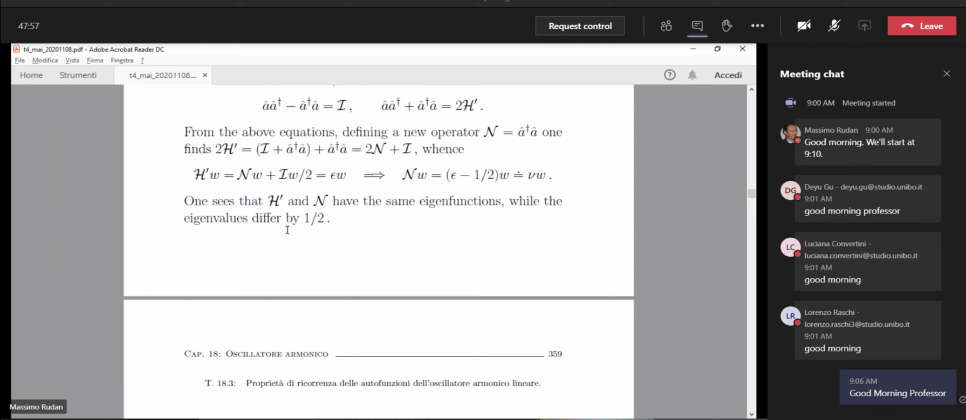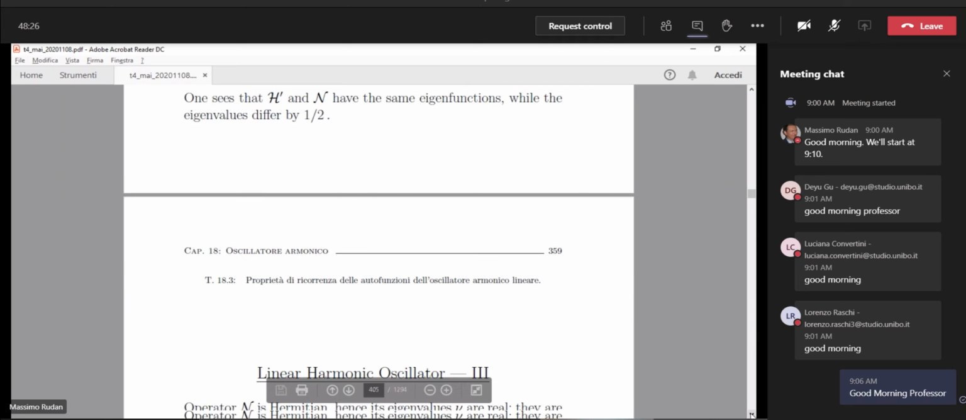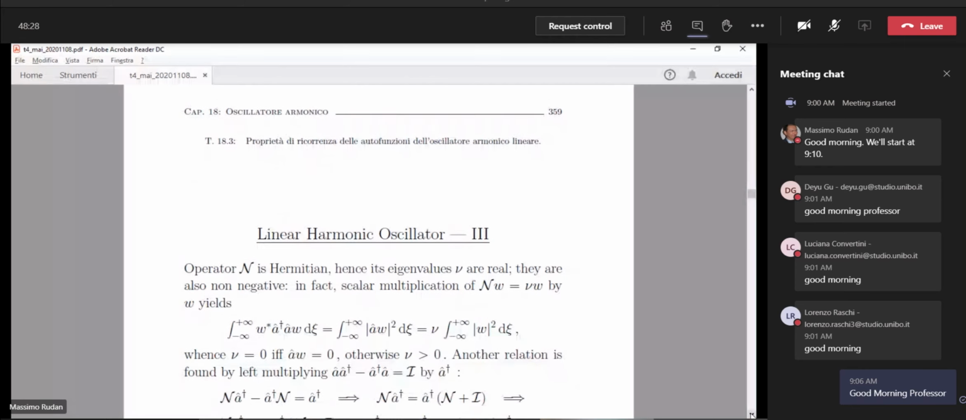Well, it is obvious, actually, because you see N is like the Hamiltonian, and then we have the addition of the identity. So the Hamiltonian is Hermitian. The identity is also Hermitian, and the sum of Hermitian operators is Hermitian. But we can do more than that, because we can make a calculation from which we find also some properties of the